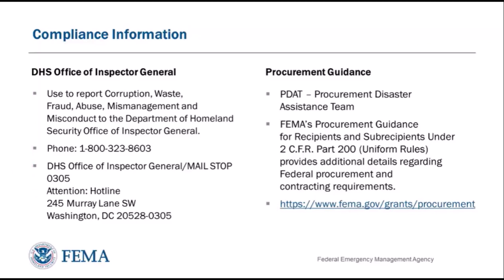Procurement requirements are among the most complicated parts of the PA grant process, and noncompliance can result in deobligation of funding. Please make sure that you are following FEMA's procurement guidance for recipients and subrecipients. Federal requirements for procurement and contracting are described in 2 CFR Part 200. The Procurement Disaster Assistance Team, or PDAT, offers some training and tools on their website,